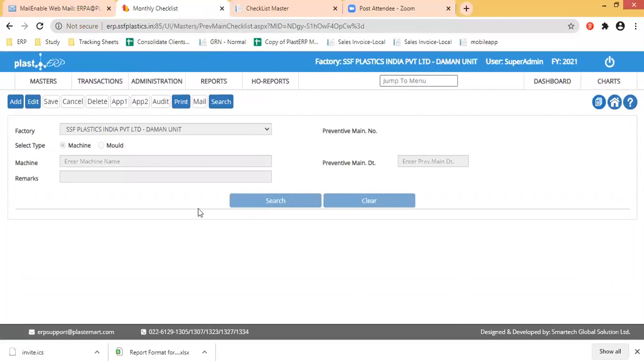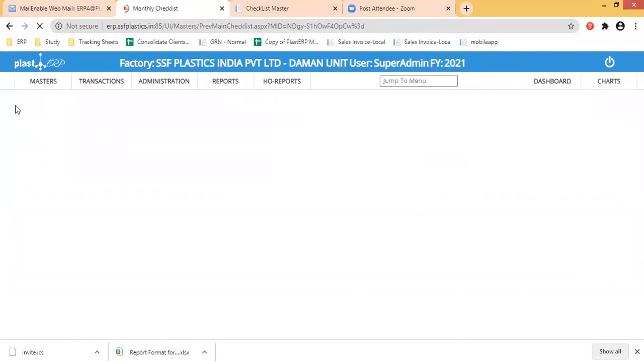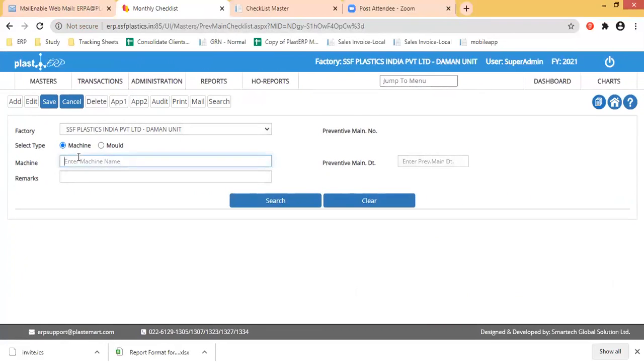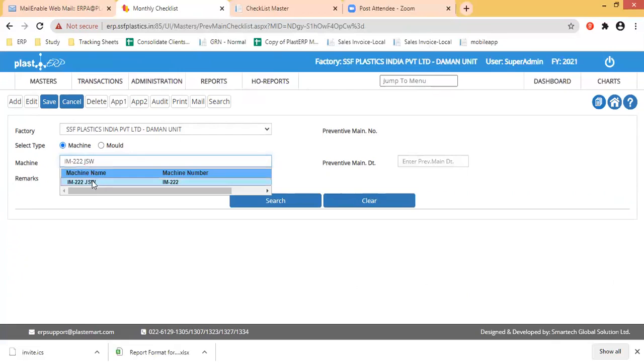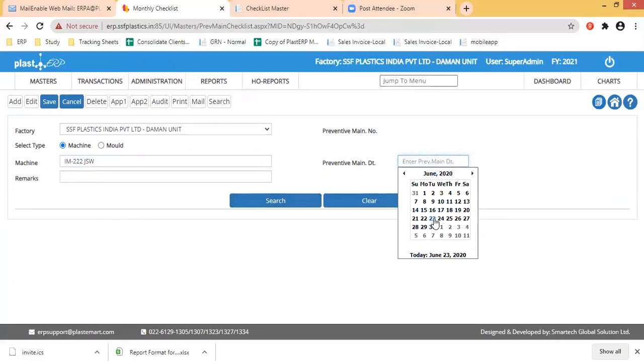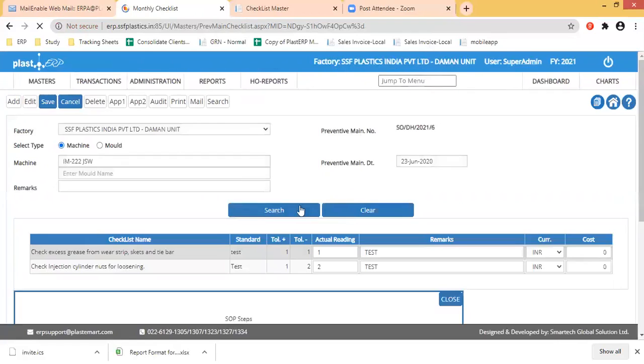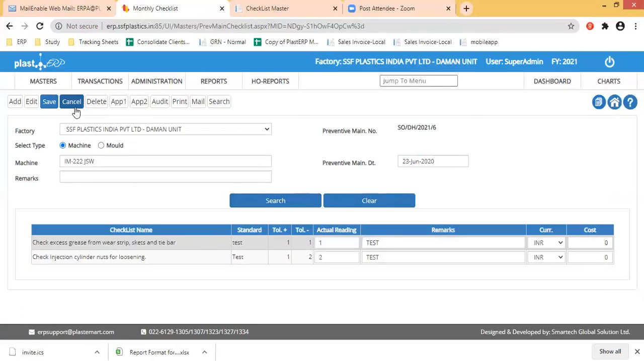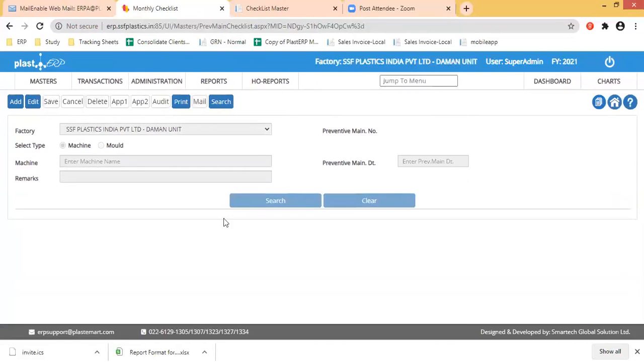Now, based on our discussion last time, maybe we need to capture who is the engineer, what is the start time, end time, so that we know whether he was busy or not busy. We can probably show it in a grid. We can assign even a date. Okay, this is monthly, but for this machine, we'll do the monthly on such a date. So those fine refinements we can keep doing. The basic structure I have created is how you can do preventive maintenance. Now the workflow, you may want to define it, and I will modify this code accordingly.